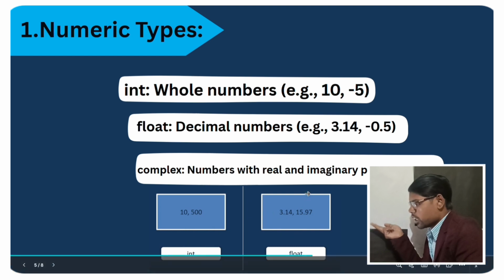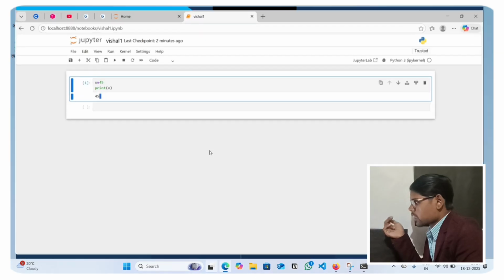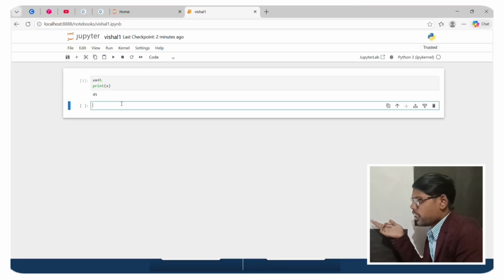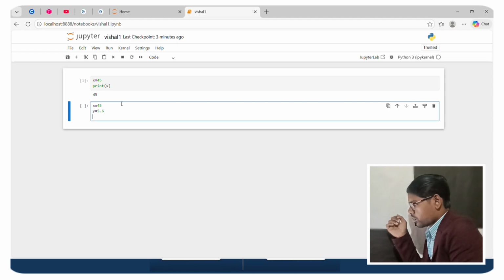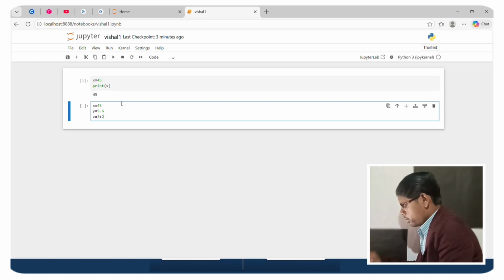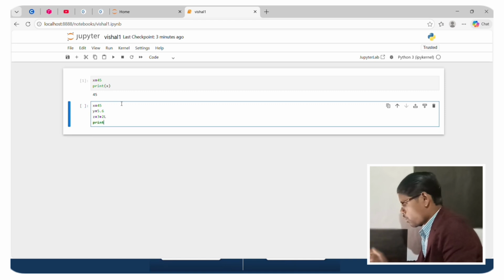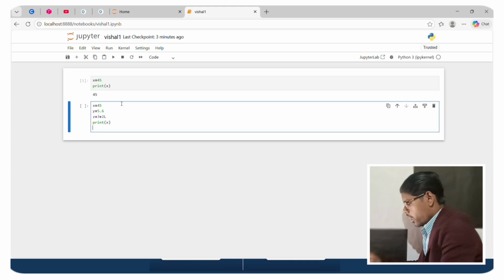Let us do a practical. X holds 45, and y holds 5.6, and z holds a scientific number. We will print x, y, and z.